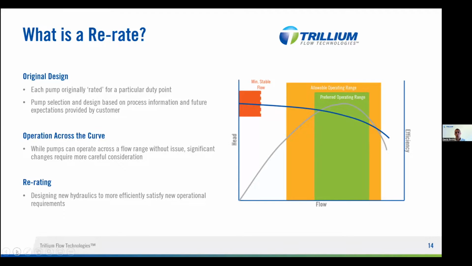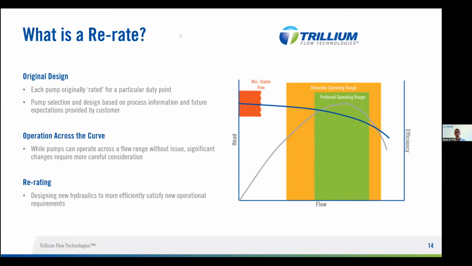So on the pump curve, we would have a particular duty point. We can actually operate to the left and right of that in a preferred operating range and wider into a more allowable operating range for maybe slightly less time. But once we start to veer away from these regions, we start to see lower efficiency, and then we introduce